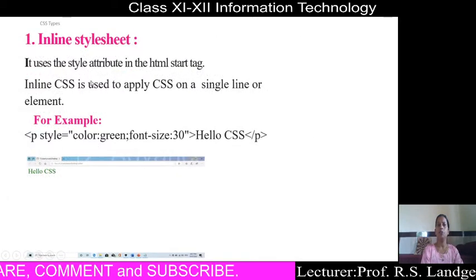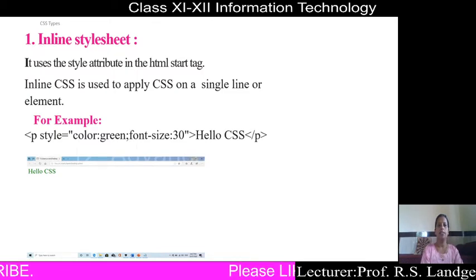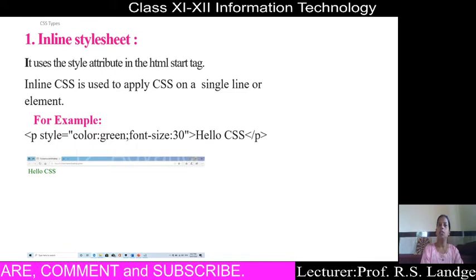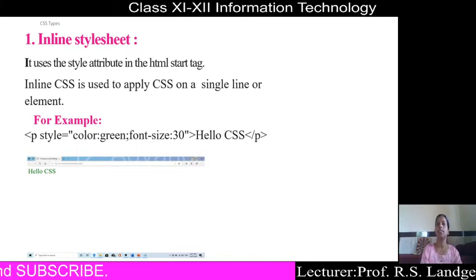So we have to learn the first type of CSS, that is inline CSS. Inline CSS is used to apply style to a specific HTML element. It uses the style attribute in the HTML start tag.